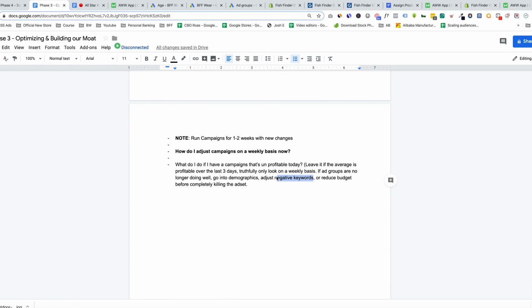the negative keyword list. So I go really hard on negatives, like I've mentioned, but also remember, now we have the demographics we can edit. We can change, we can up, we can decrease. That's another thing that we can do. But the last thing I want to mention, and then there's actually one other thing that I'm going to mention